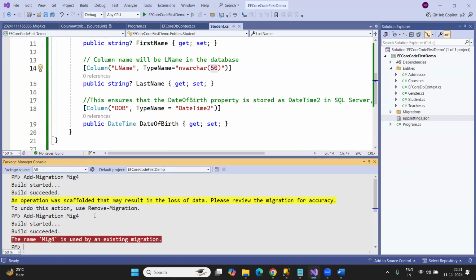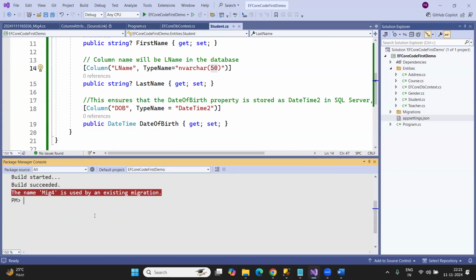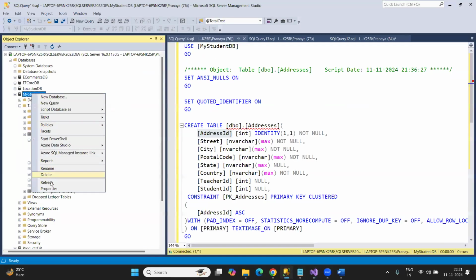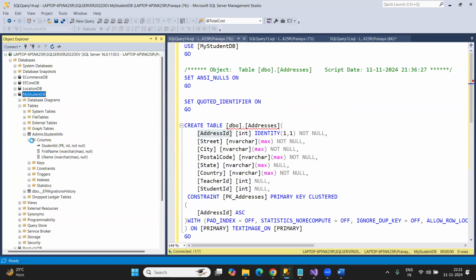Once this is done, what I'm saying is we need to update the migration, not generate the migration. So the migration file is applied. Now let me refresh the database,